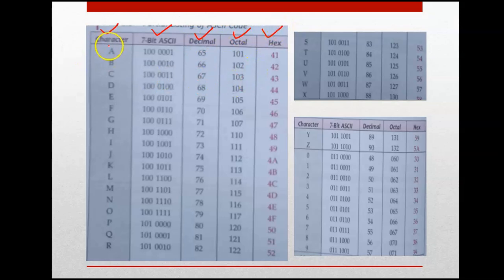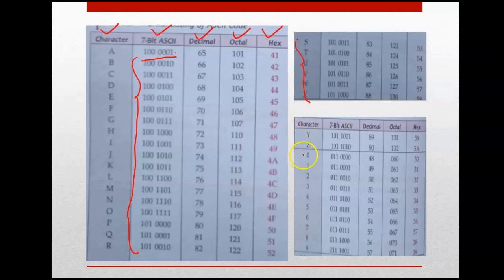So here you can see the characters A to Z. A to R is here, and then X, Y, Z are also there. For all these characters you can see the 7-bit ASCII code: 1, 2, 3, 4, 5, 6, 7. So you can check that a total of 7 bits is there to represent one ASCII character. This is common for all the alphabets, from capital A to Z. The same is there for small a to z also. I have not taken all the things; I was just explaining how it will look.